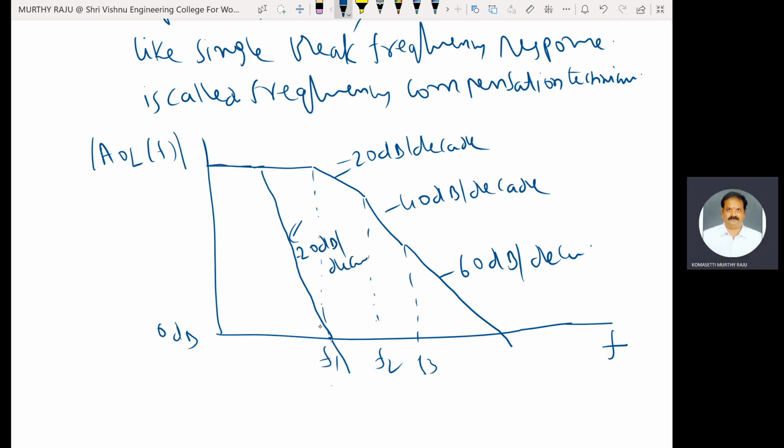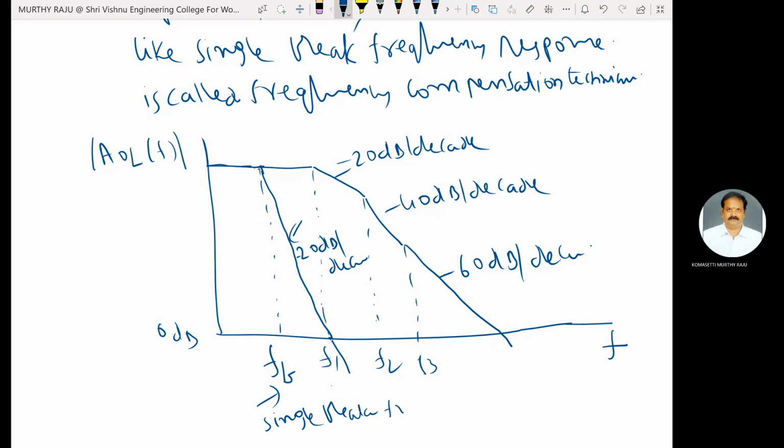The method of modifying the open loop gain frequency response of the op amp so that it behaves like a single break frequency is called a single break frequency, that is FB. Instead of 3 break frequencies for 3 cascaded individual systems, which introduces some instability in the op amp operation,